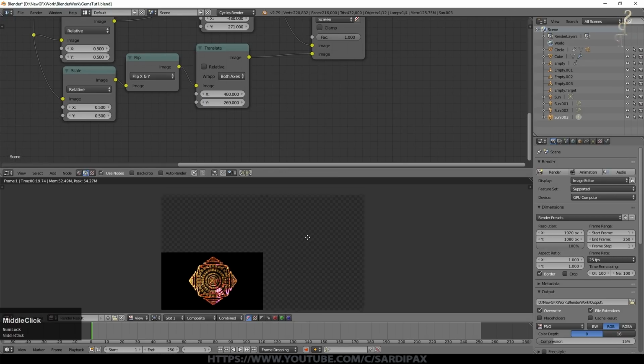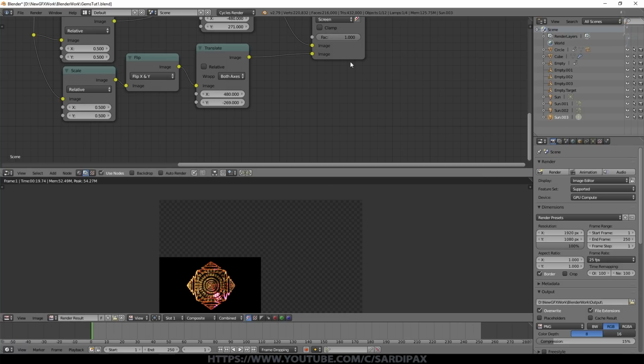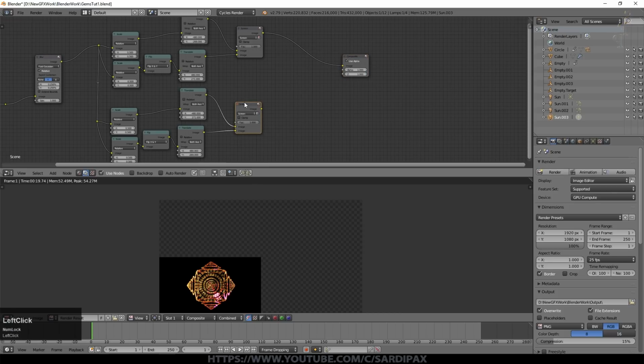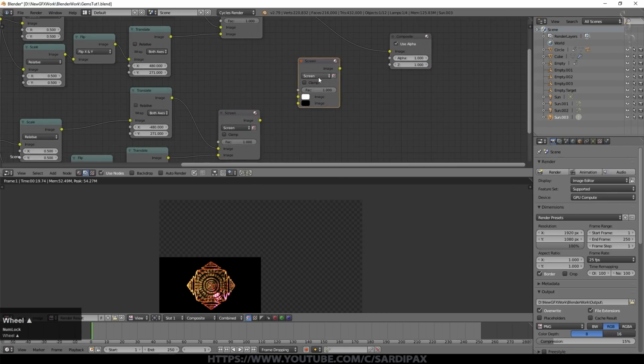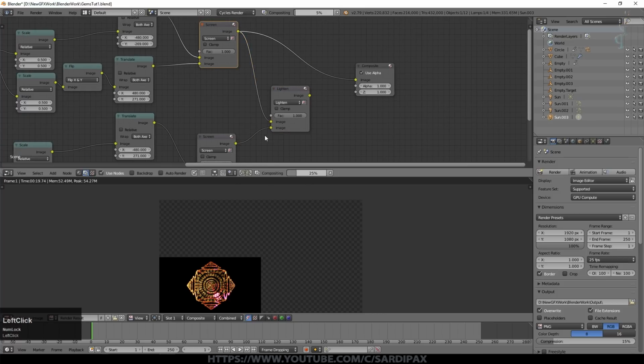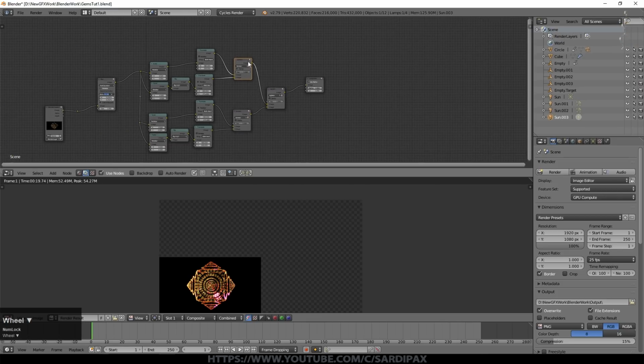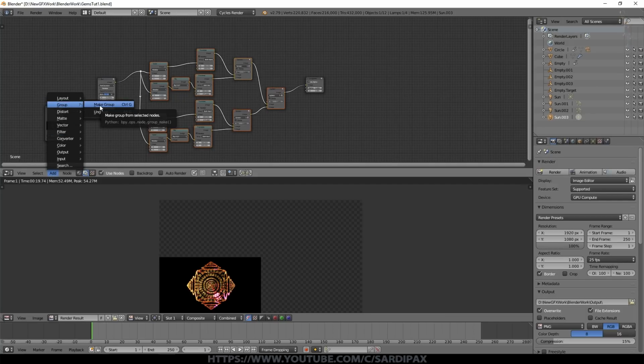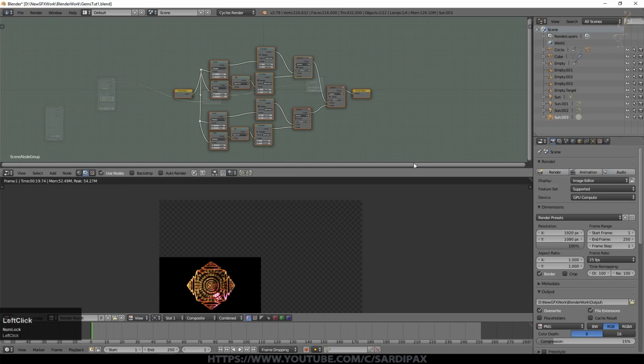So all we're doing really is moving copies of these images between this corner, this corner, this corner, and this corner. Now we need to put them together, so we'll add another color mix node. Set this one to lighten, take each of those outputs into there, and then that into the final output at the moment. But it's still not there yet, we've got a bit more to do. Now in order to simplify our overall setup, we'll make a group out of these. So I'm going to select all of those, and just say add make group, or Control G would do the same. So you can see the background's changed colour now.